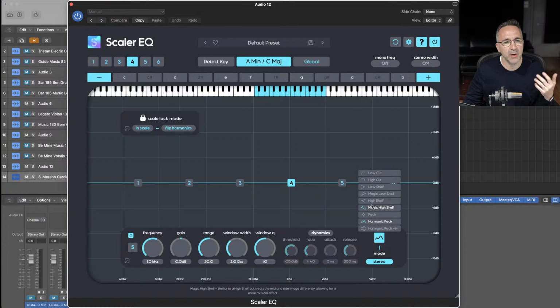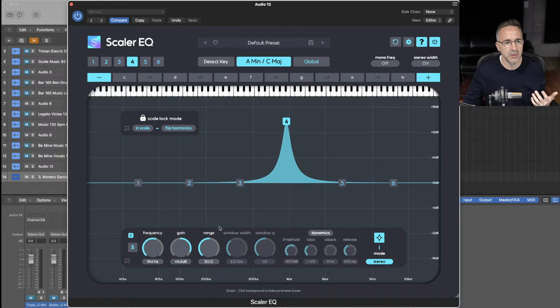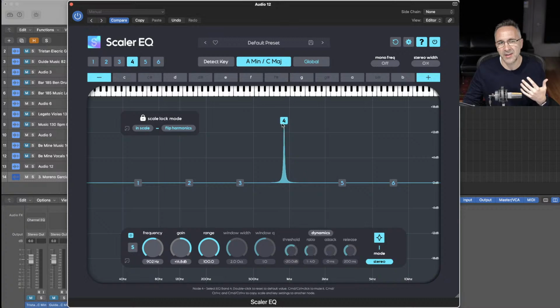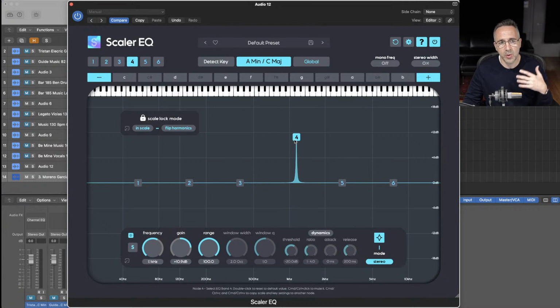If we think of how I've always used a traditional EQ, it's simply to use a traditional narrow peak, find a sound that I don't like and remove it. What I tend to do, and what I think a lot of mastering engineers do, is go, oh, that's a ringing tone, get rid of that. But that's jumping to a conclusion, because usually that's a very musical note. I don't want to get rid of that. I want to slightly move it to a note that sounds dissonant or out of key and pull that out,